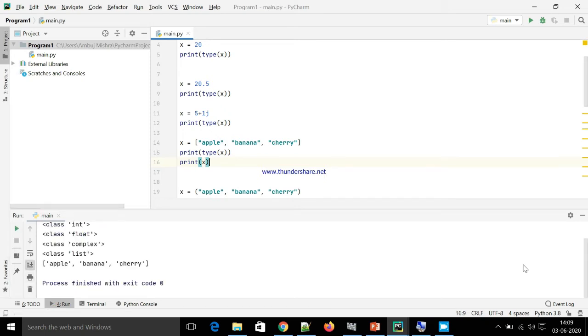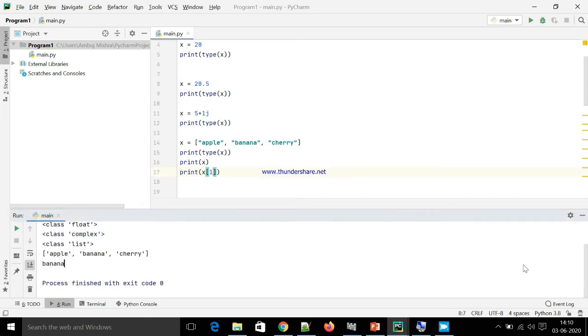If you want to access a particular element of that list, then you can simply pass the variable name along with the index number. See, it is stored in the form of an array. So the first index number will be 0, 1, and then so on. I will pass this. Let's see what the result will be. The element at the second index is banana.